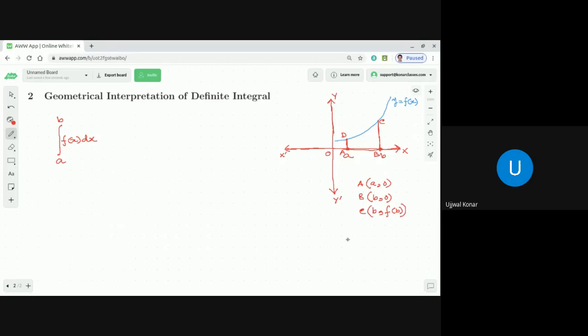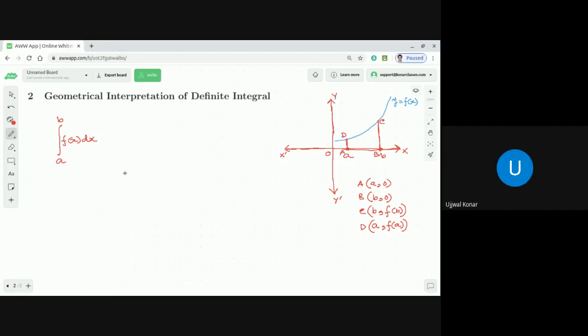Now tell me, what is the coordinate of the point D? Divanshu, may I expect an answer? Yeah, anyone can. It'll be fine. It is a comma f(a). Very good. All these are not very important, by the way, to finding the coordinates. I'm just discussing.